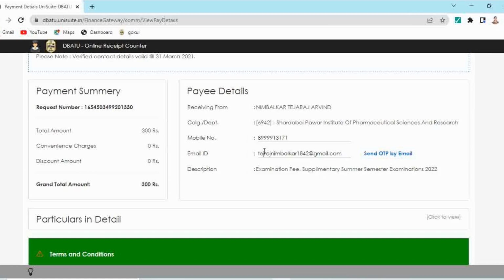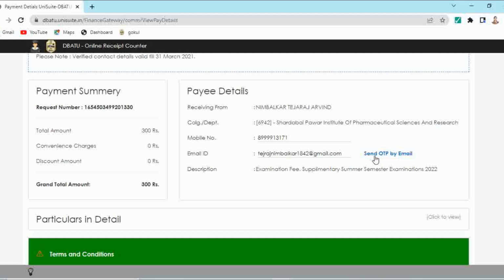If anybody wants to change this mobile number and email ID, you can change it over here. If your active mobile number and email ID is not present in this pay details, you can update it over here and just click on send OTP by email or for your mobile number and verify your mobile number and email ID with OTP.